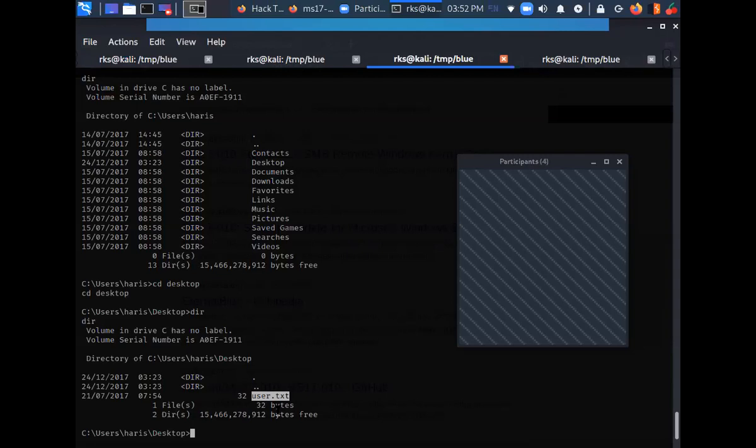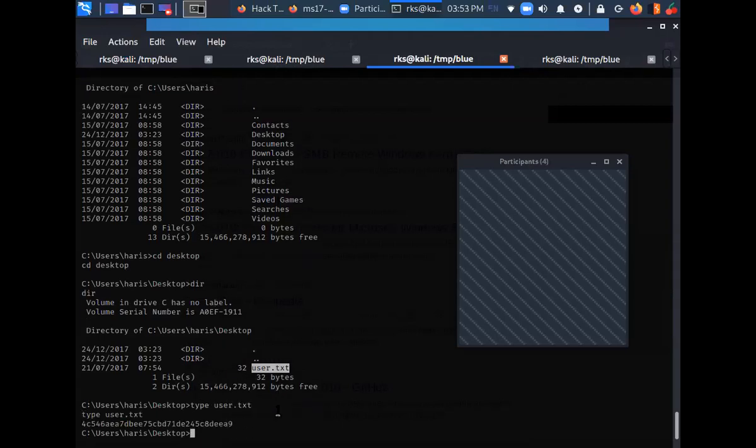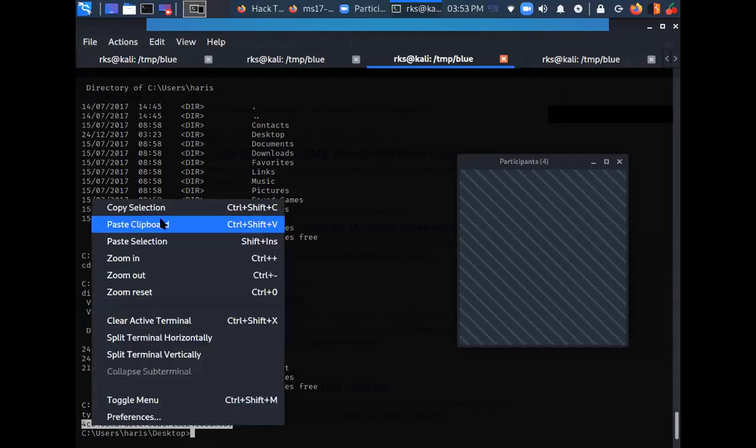I do not want to download locally to my Kali and then do anything. So I can type type user.txt, which is the cat equivalent in Windows. Just like you do cat in Linux, here we do type. This is the user flag.